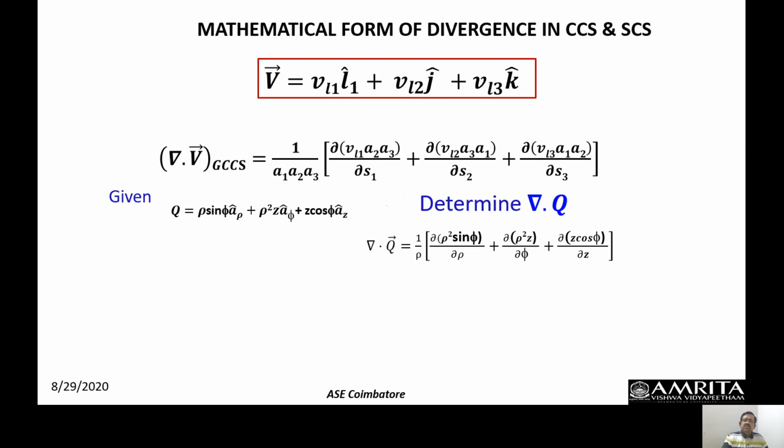The differentiation is super simple, so I am not going to go into it here. You can see that in the second term there is no phi component, so differentiating, the second term will be 0. This leads to 2 rho sin phi plus rho cos phi for this, because Z cannot be taken out, but cos phi can be taken out. So dou Z by dou Z will be 1, and there is a